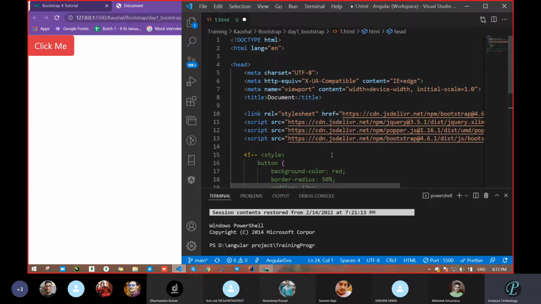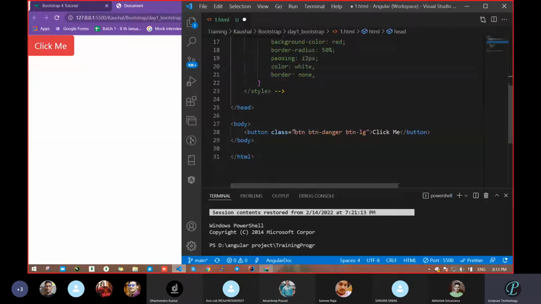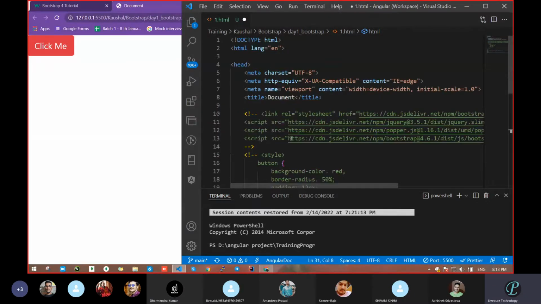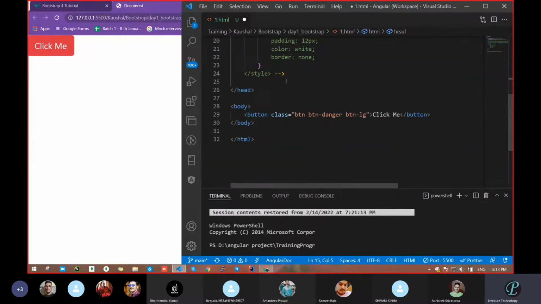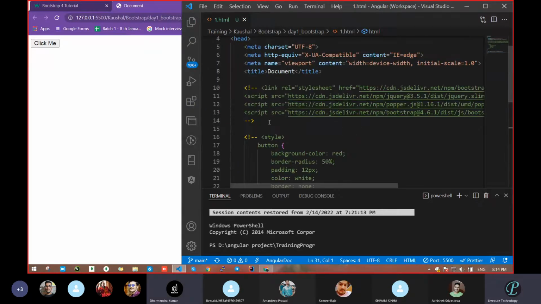If I do not tell you that this is Bootstrap, and if I remove this, how would you know that this is Bootstrap? This class, whatever we had written in the bottom, is a Bootstrap class. Because the link is there, we know that this is a Bootstrap class. Fine. But now we have commented that out and passed only btn something. Save this file. Are we getting any output? There is no output. This is the demerit. Got that? Suppose you have no network connectivity and you run this HTML file, then you will get the issue.